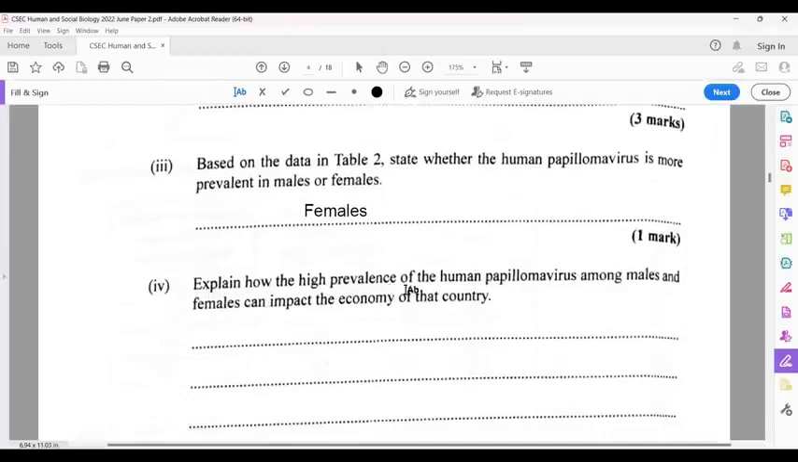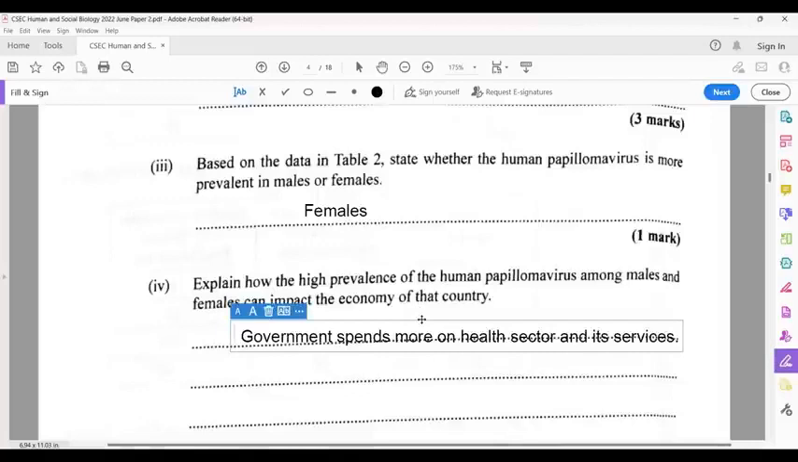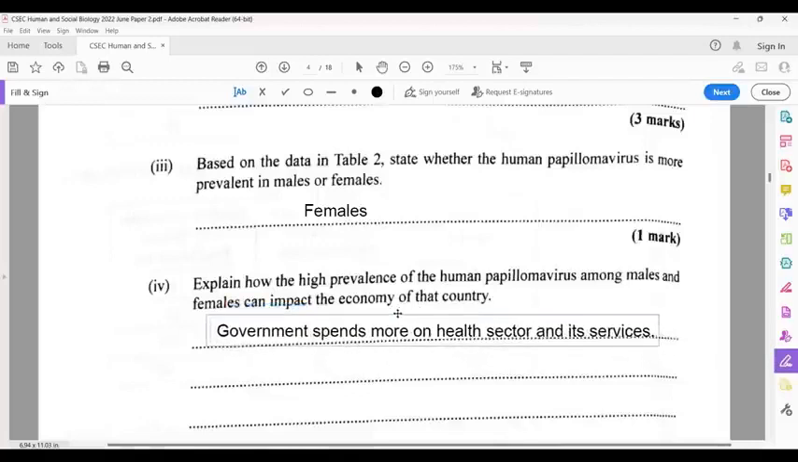Explain how the high prevalence of HPV among males and females can impact the economy of the country. The mere fact that they're talking about economy means they are talking about spending or money. All right? And it's at country level, so you're talking about the government. So if the government has to spend more money on the health sector and its services because of the high prevalence of HPV among males and females,